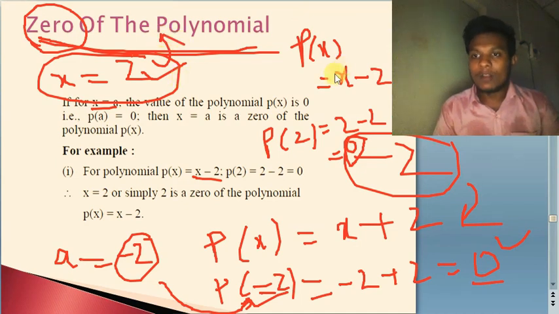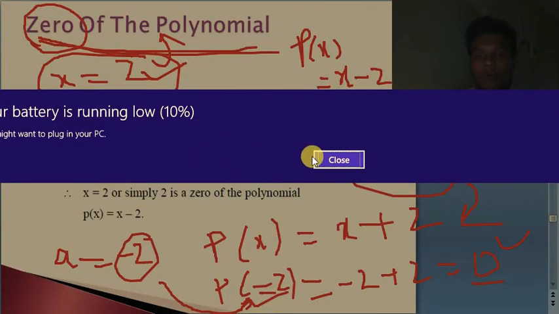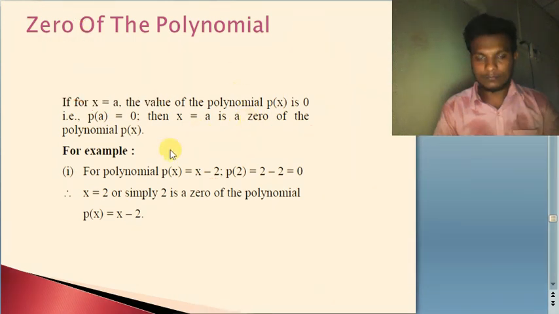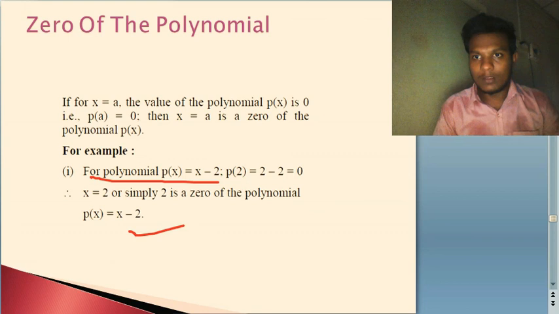Okay. So let us take a few examples to understand this particular concept. It is very easy to understand here. Whatever makes the value of the polynomial 0, we call it the 0 of the polynomial. Okay. So see in this particular case, for the polynomial p of x, this is what we have seen in the first example. So let me take the second example.